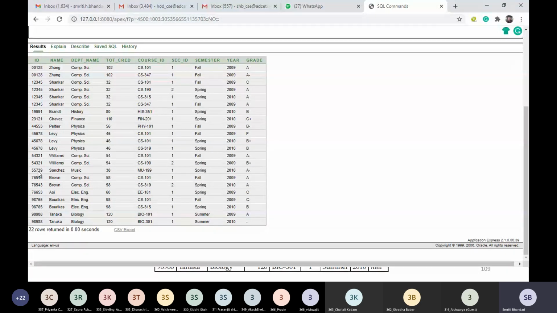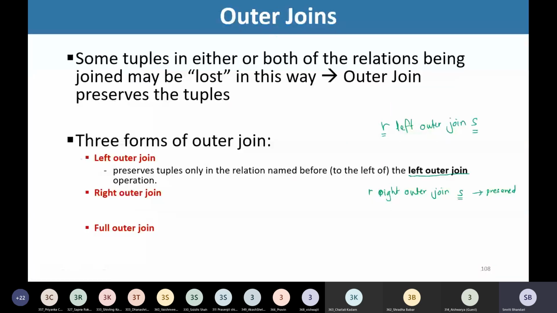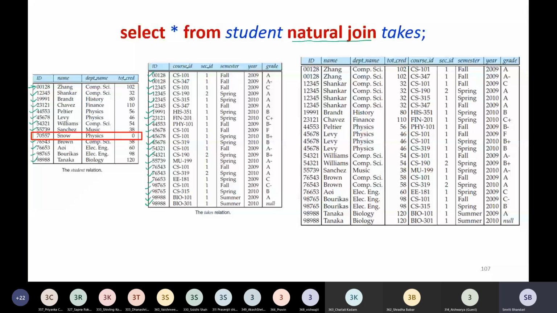So see here, we have 22 rows, and we do not actually have that particular student who has this ID 70557. So we have exactly the same result that I showed you here.